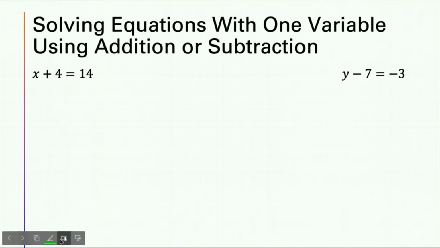Alright, let's try some examples. Let's take this first one: x plus 4 is equal to 14. Here I'm going to show you step by step how you're going to do this. You have to isolate this variable. This variable is what you want. If you get that variable by itself, you have solved the equation, and good for you. So you leave this variable alone and see what constants or numbers are interacting with it. And you're only looking at the left side. You're ignoring the right side for now.